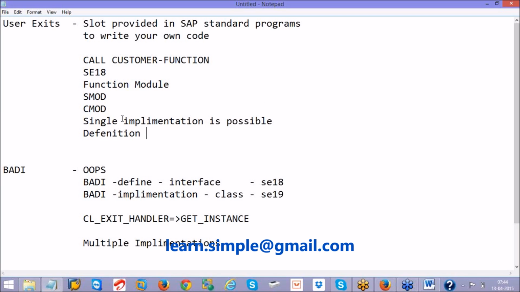Whatever you look at in SMOD, those are called definitions, and they are always standard.